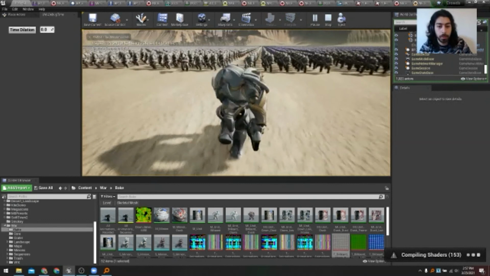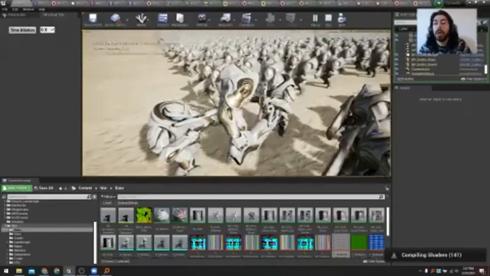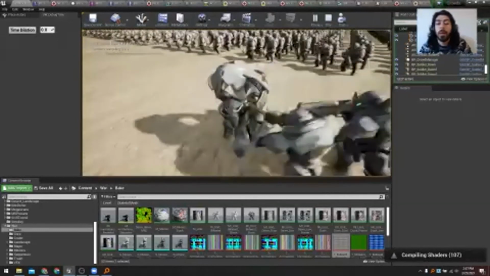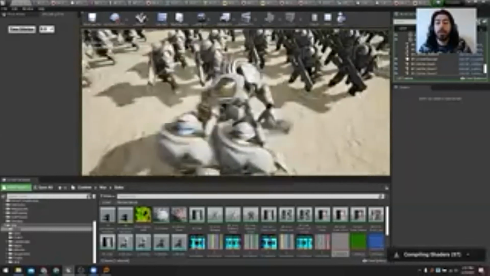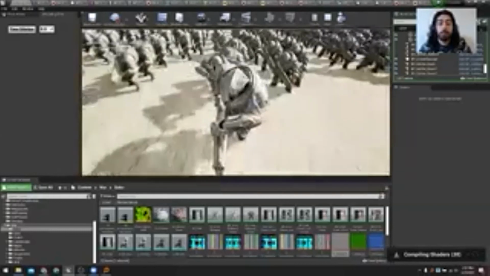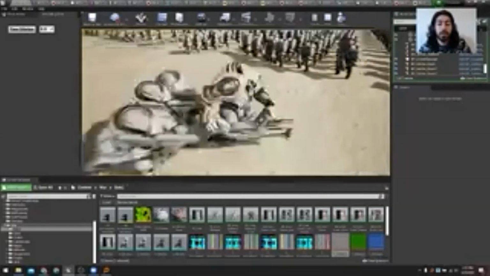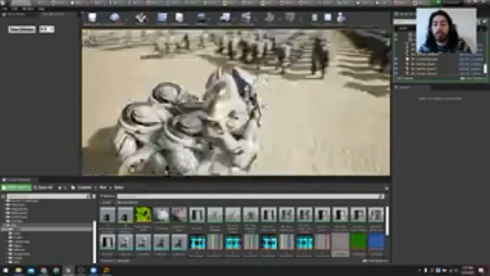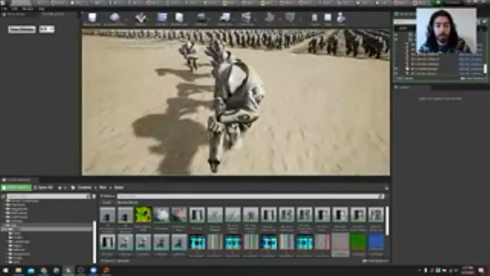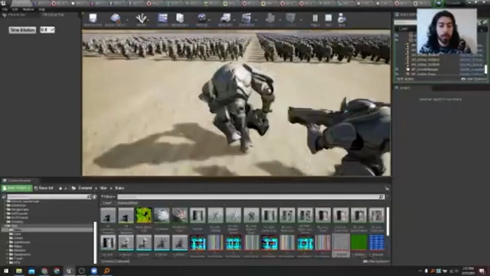So let's do this. If we go here and I'm shooting at one, you can see one unit follows me and the one behind it actually just takes its place. And another thing I added is when I get closer to a unit, if they are particles, they will just move away. So I don't have to worry about collision because they will never actually hit me. And if I shoot at one unit, what's happening is I'm replacing the unit that I'm shooting with an AI. And basically that AI becomes something I can interact with. And this is how I can gain performance.